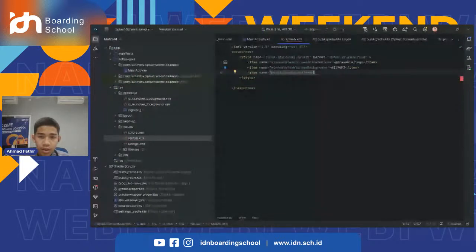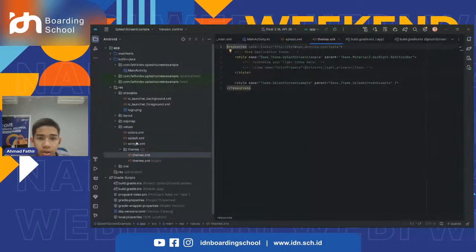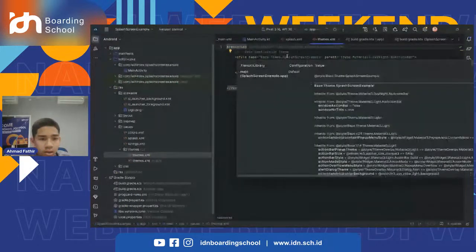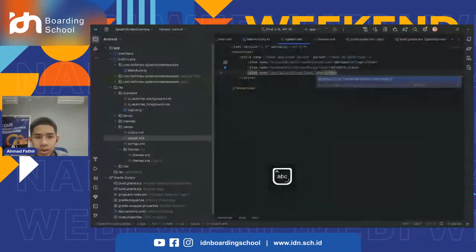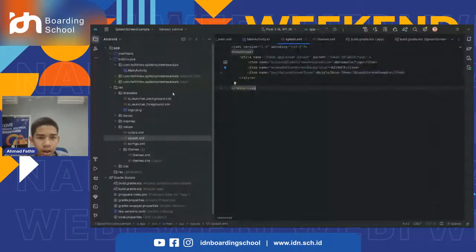So you can set the post splash screen theme. It will be, as you can see here, the base theme. Can put it in here, base theme splash screen, and afterwards